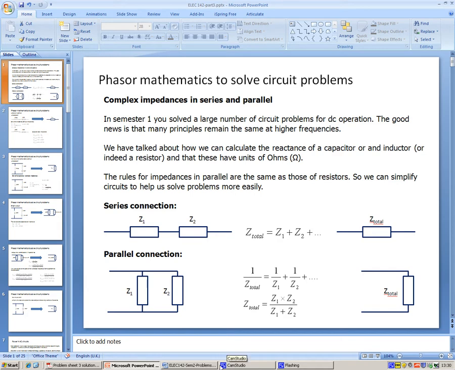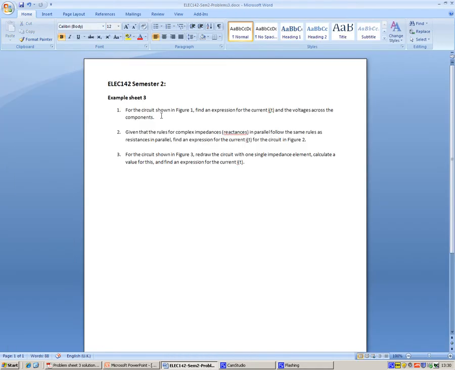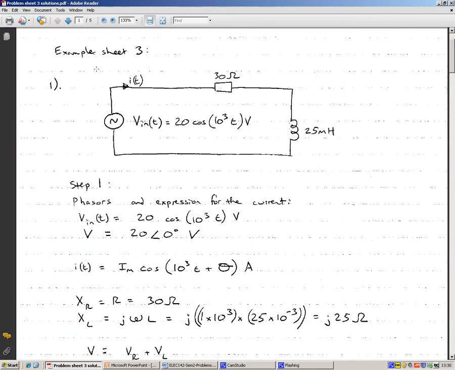So what have we got? Question 1 says, for the circuit shown in figure 1, find an expression for the current i(t) and the voltages across the components. So here's figure 1. This is just a hand-drawn version, as you can see, but you can, again, like I said before,